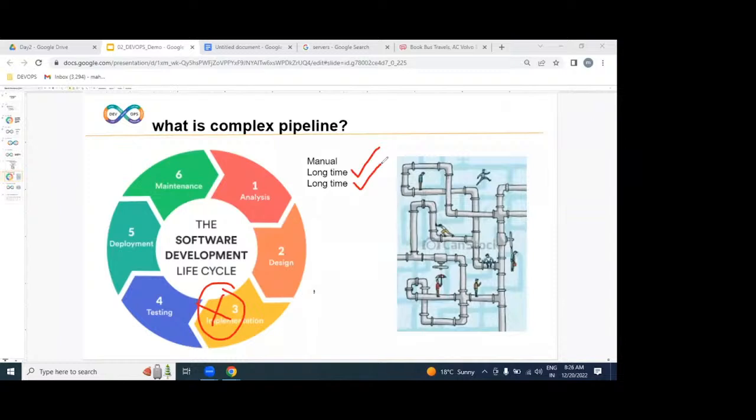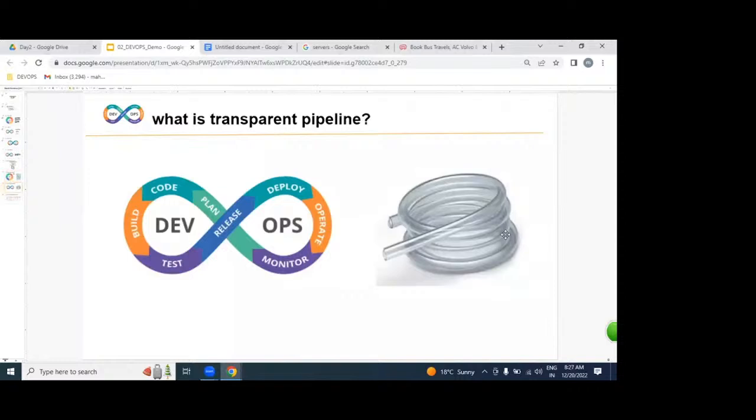An example which I gave was a water pipeline. The water pipeline is underground. Somewhere there is a blockage. Can you identify that problem immediately? No, it is not a leakage, it is a blockage. After identification, can you fix it within an hour? It will take weeks. But what are we expecting? I don't want this complex pipeline, I want to replace it with a transparent one. How exactly? I want to visualize a transparent pipeline. The same water, everything is the same, but I want to implement transparency. Look at this.